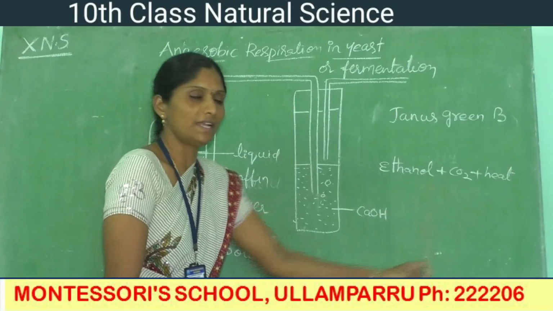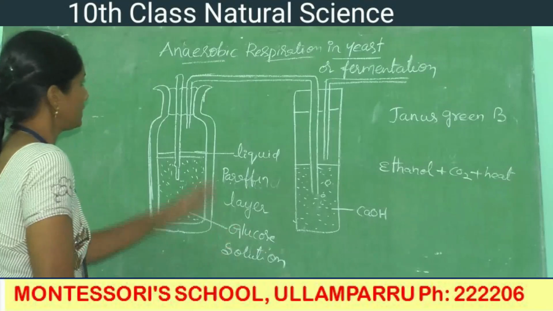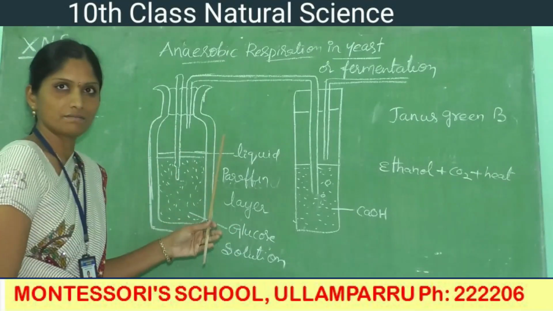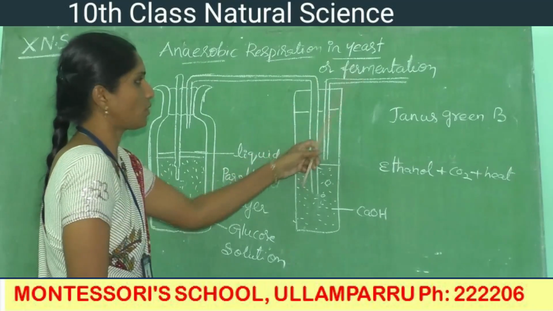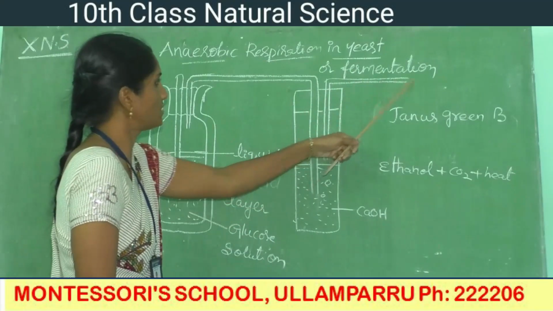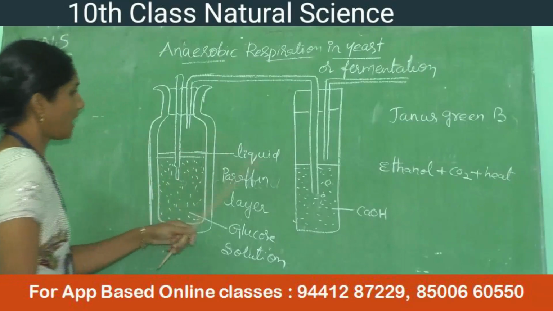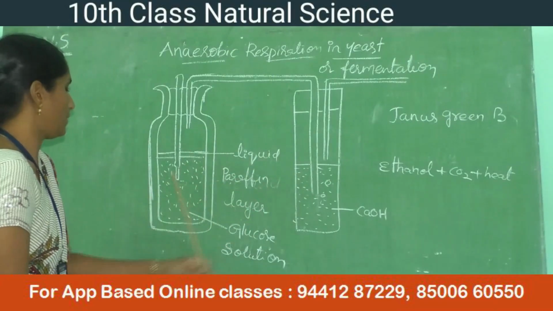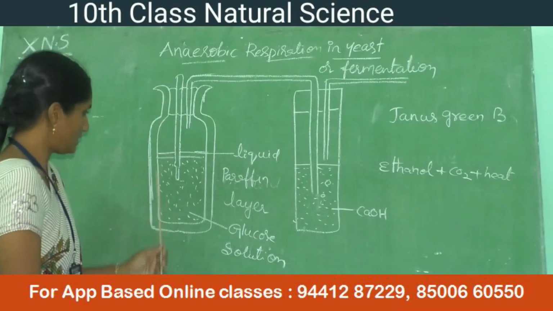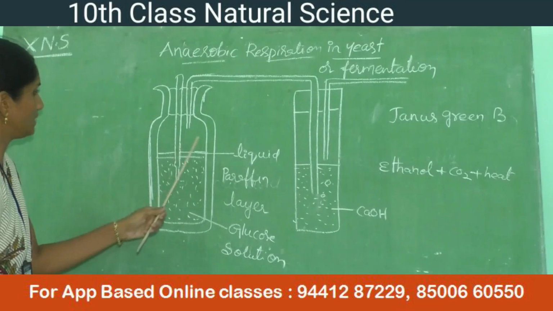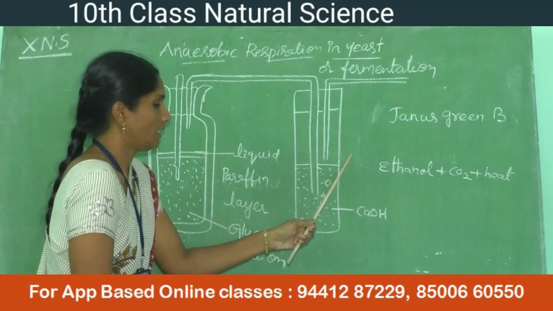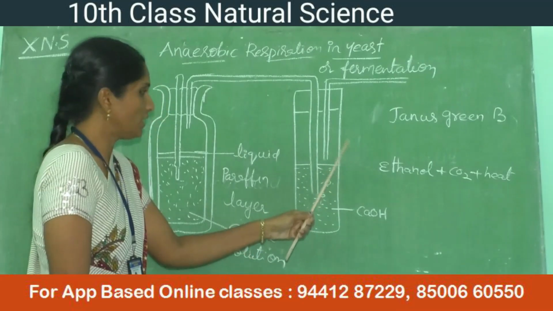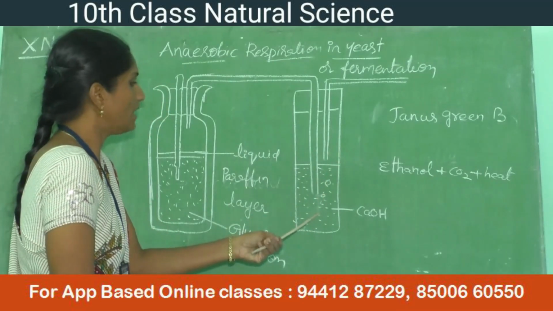Ethanol, CO2 and heat. And now this is the total apparatus, with which we are proving the fermentation process. In this, I set up the total apparatus. The first one I set here is a thermos flask. This is known as a thermos flask, and I set a test tube. I take the test tube. Inside the test tube is lime water.